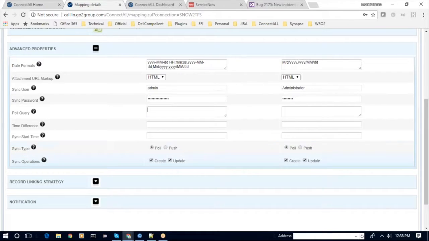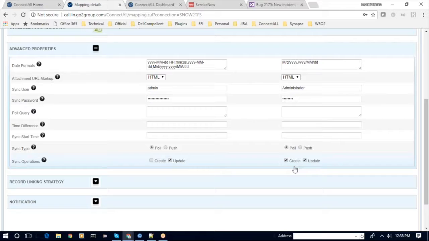Then we should uncheck create here in ServiceNow and have create checked on VSTS, so that whenever somebody creates an incident, that incident gets synchronized as a bug in VSTS